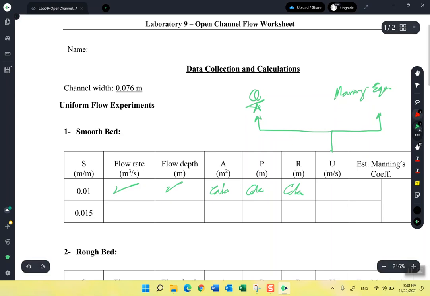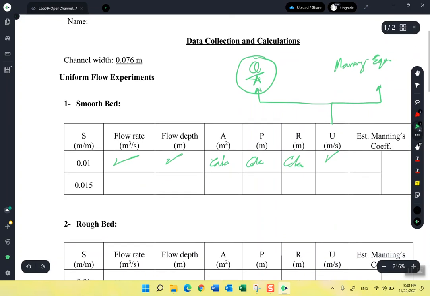So at this point, we will have to calculate the velocity using this equation. We're going to estimate the Manning coefficient, right? So that's why we use Q over A. Exactly. So after calculating the value of U from Q over area, we can easily sub in Manning equation